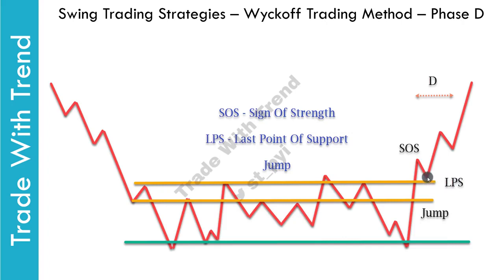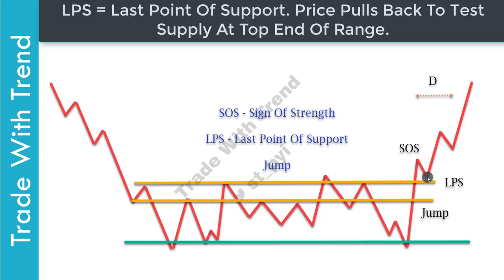So this is where price pullbacks into the previous resistance region to test demand and supply before resuming its move on the upside. This pullback should happen on low volumes and the spread of the candle should not be wide. This is also the region where one must be looking to go long as price has moved out of the